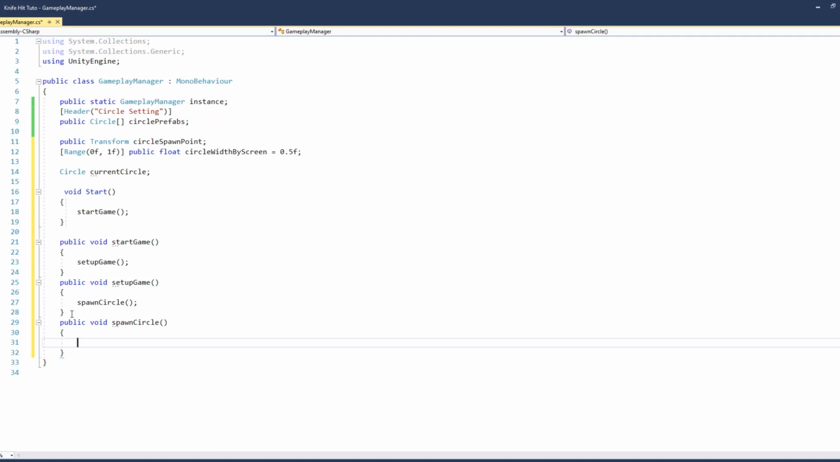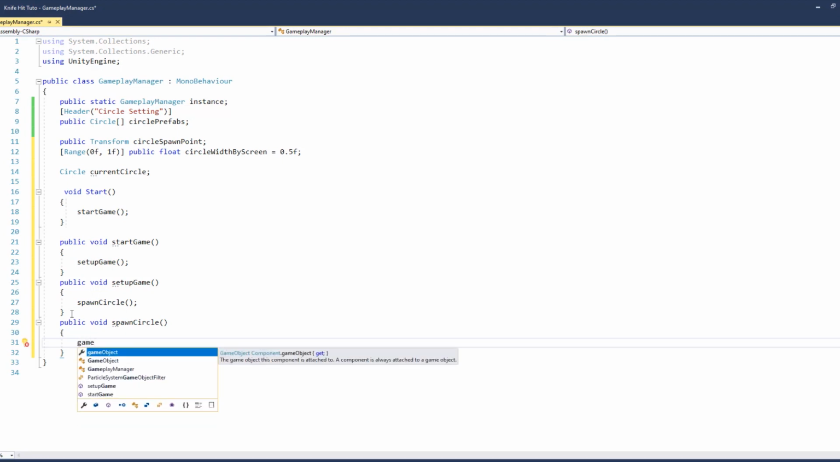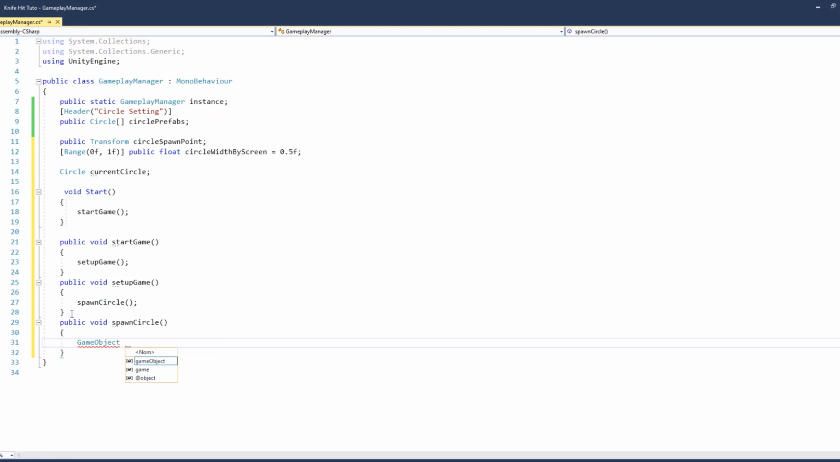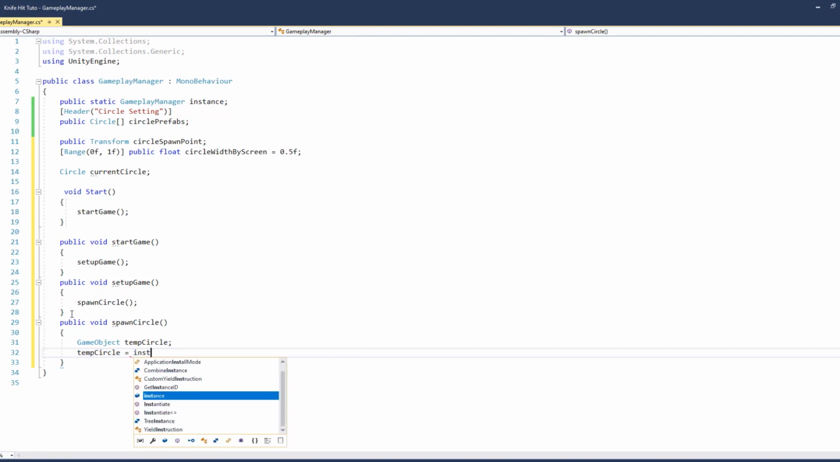Okay, now here all we need to do is to define a new variable. This variable is for the time game object. So game object, and we're gonna call it temp circle. Okay, so temp circle. Then all we need to do, this temp circle is going to contain the instantiate